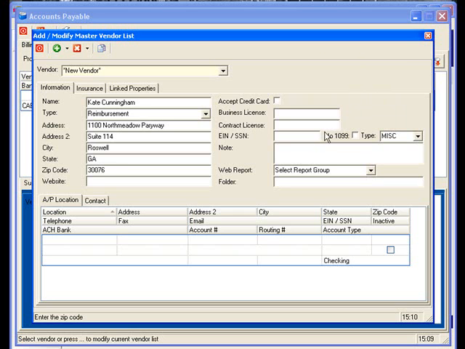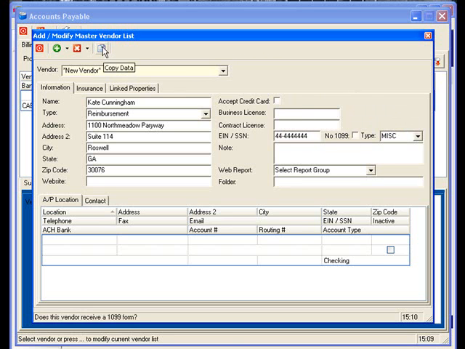This would be the point where you would add either a no 1099, only if it is a reimbursement, or you would add the tax ID number for a vendor that you know is not incorporated or will end up spending or costing over $600 for that year. So in this case, say this one's a reimbursement, so I'll say no 1099, but in the event that I would be doing work for the community that would be paid, I would enter the tax ID number and unclick